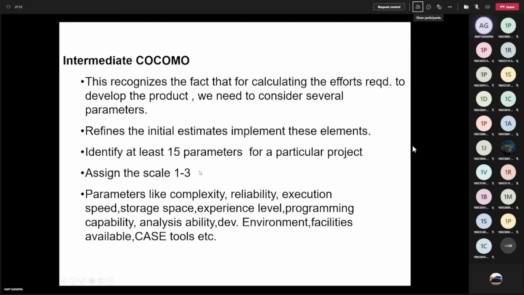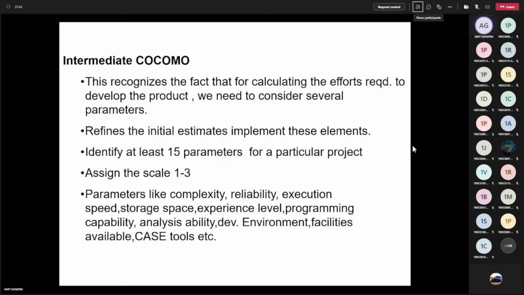And if these values all are higher, then of course you have to pay much higher cost. If you want good execution speed, then again, you have to pay huge costs. So you have to identify 15 such parameters which will affect your software development. And then you have to scale the value in the range of 1 to 3. 3 means highest, 1 is lowest, 2 means average. And this way, if you can refine the estimate you have done with basic